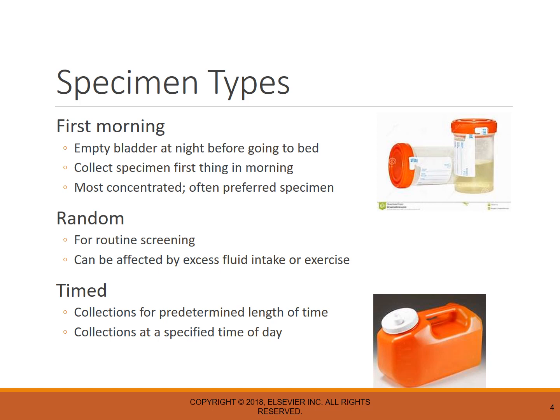But despite this, random specimens are usually satisfactory for routine testing and are capable of detecting any abnormalities that indicate a diseased process. Now, as for timed specimen collections, because of circadian rhythm or variations during the day, excretion of many substances and functions such as proteins or hormones, and effects of exercise, hydration, and body metabolism on excretion rates,